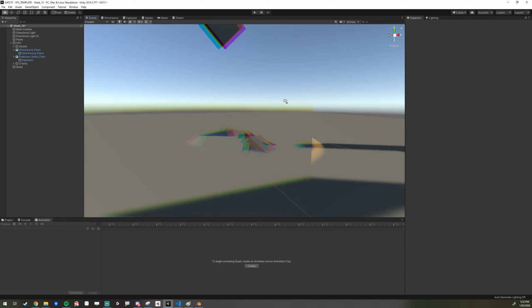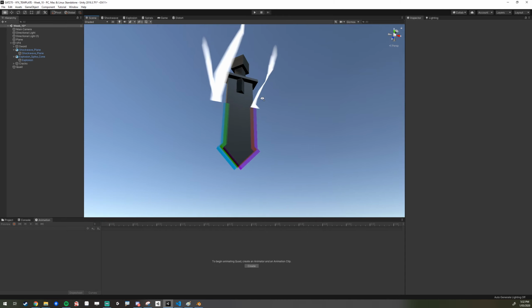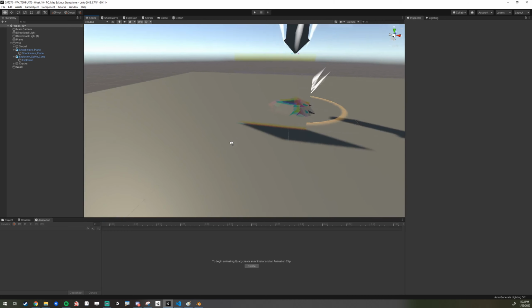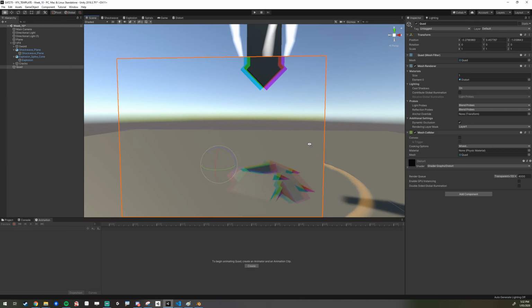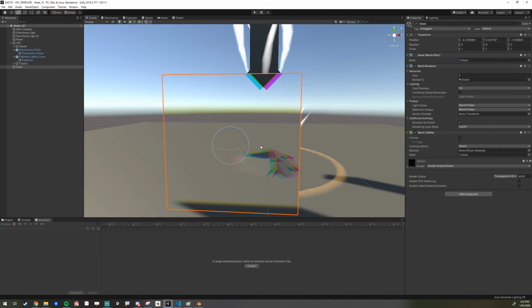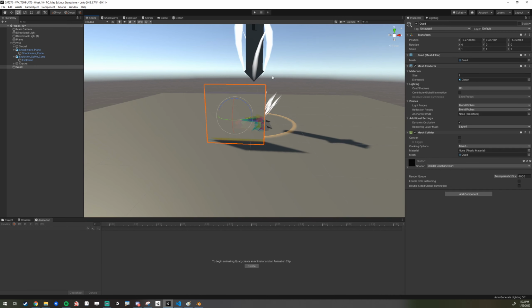Now, one thing to note is that our opaque pieces are rendering properly, but these transparent additive bits are not. And that's because of render order. I think if we set this to sufficiently far, so 4000 let's say, ooh, this is where we're gonna get a little bit complex. So this shader